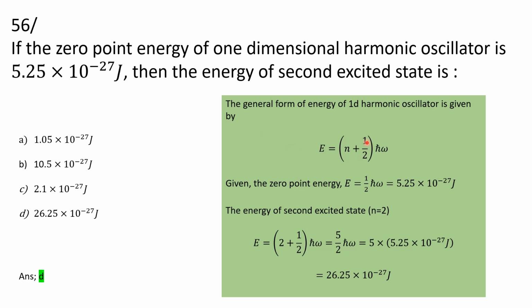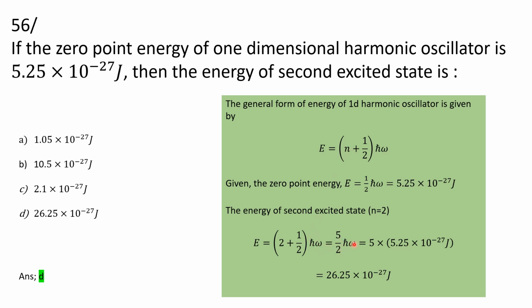So by putting the value of n equal to 0 here, we can find that the zero point energy E, that is equal to half h cross omega, will be equal to 5.25 into 10 to the power minus 27 joule. And the question is asking for the energy of the second excited state. So the first excited state will be where n equal to 1, and the second excited state will be where n equal to 2. So by putting the value of n equal to 2 here, we can find it as